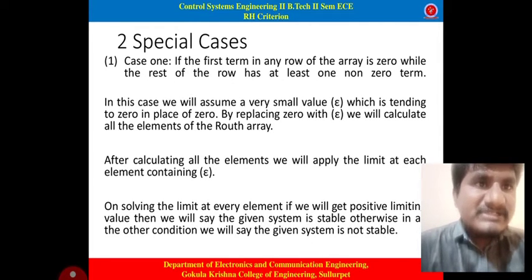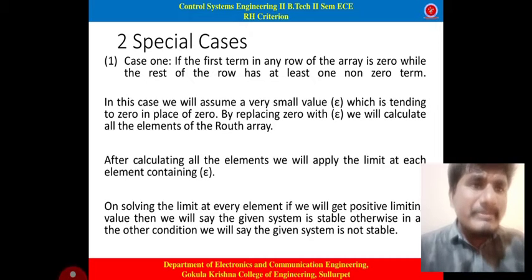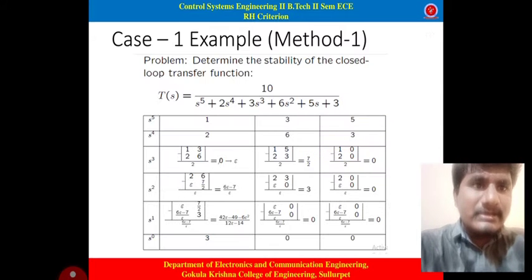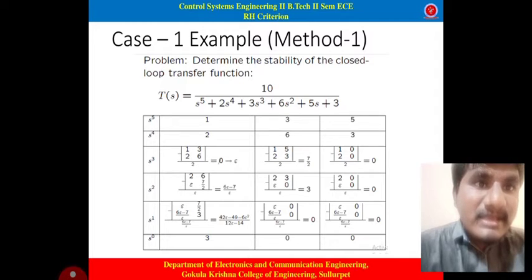Case 1: if the first term in any row of the array is 0, while the rest of the row has at least one non-zero term, that is special case 1. I will take an example and let us discuss. This is the example where the s cube term, the first term, became 0. If you try to calculate the s square row directly, we cannot perform the division by 0. So at that time we will assume that particular 0 to be some small value epsilon, and just continue